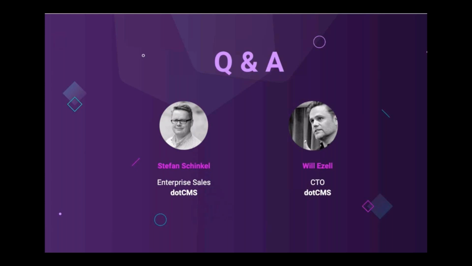Yeah, I think AI and machine learning can play a role in tagging of content, but that's a personal opinion. Totally agree. All right, let's take the final question. Is it safe to say that with 5.2 it is safe to use the Docker containers provided by dotCMS in a production environment?